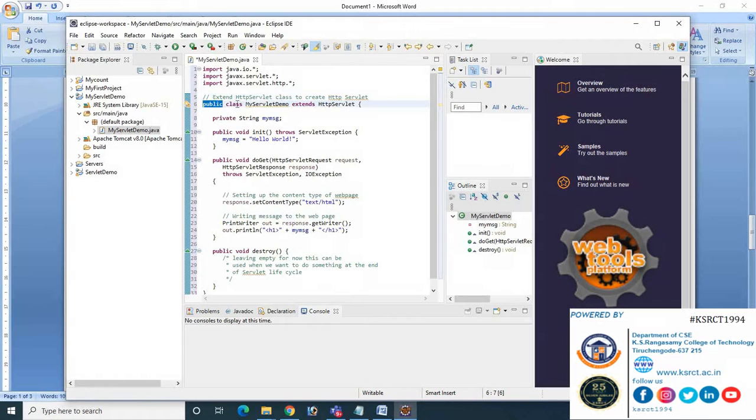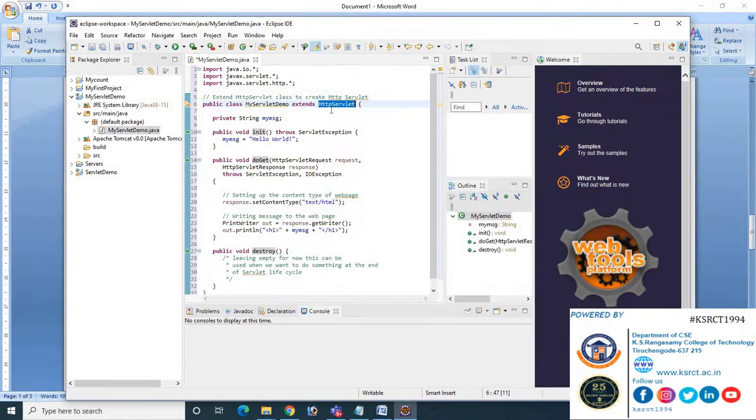So public class MyServletDemo, which is our user defined class name. We have to extend this class, we have to inherit from the base class, that is HttpServlet.